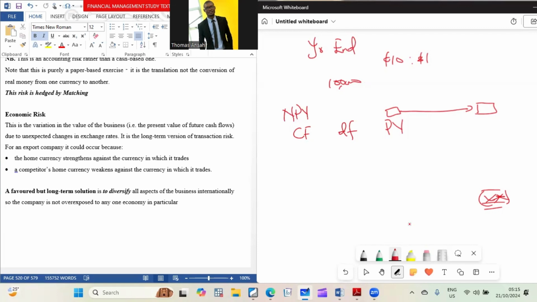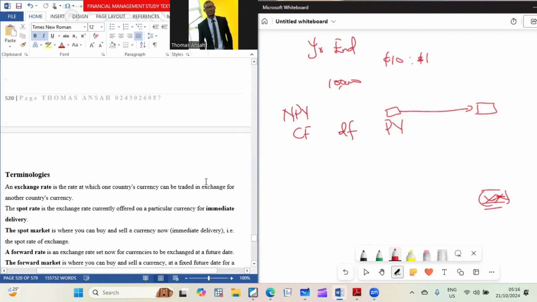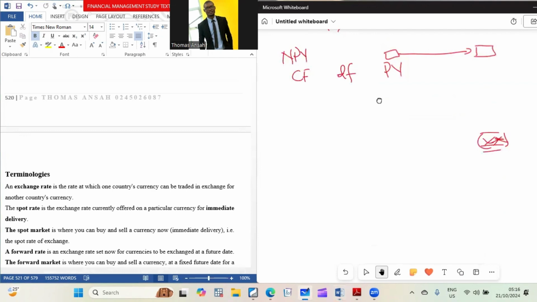And these discount factors are sometimes influenced by the exchange rate, because exchange rate influences inflation rate. It does. But we will distinguish them and talk about them very soon. So if you want to save yourself from this kind of economic risk, then it means you need to do diversification. All right, so that is that. Okay, so now as we are growing, there are some terminologies you need to know. Terminologies like